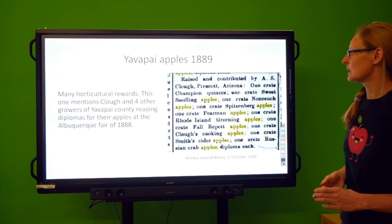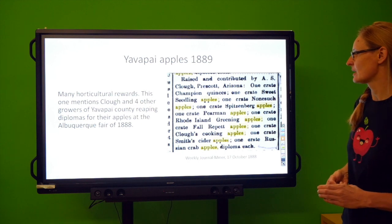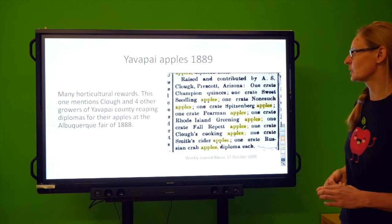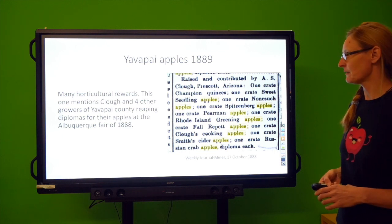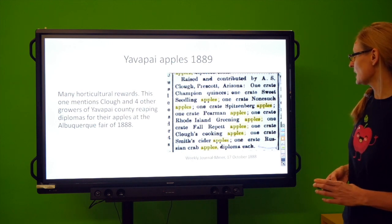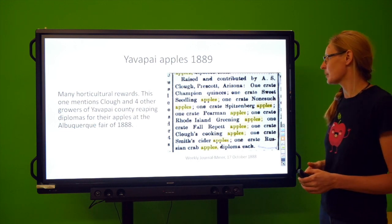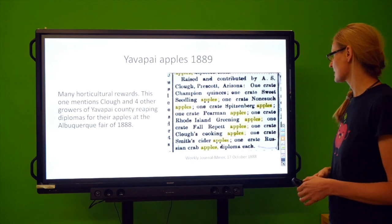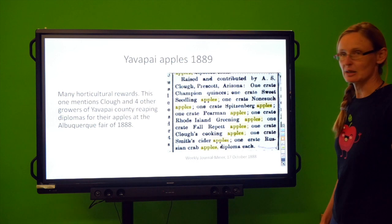Yavapai apples won a lot of horticultural awards at that time. This one mentions Claude and 4 other growers of Yavapai County winning diplomas for their apples at the Albuquerque Fair of 1888. Raised and contributed by Claude of Prescott, Arizona, 1 crate of Champion Quinces, 1 crate of sweet seedling apples, which could be anything, any of his seedling, 1 crate of Nonsuch apples, that was an actual name of